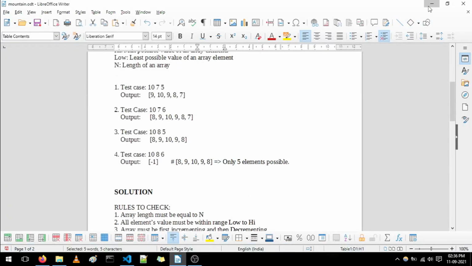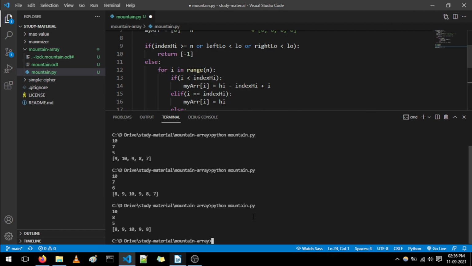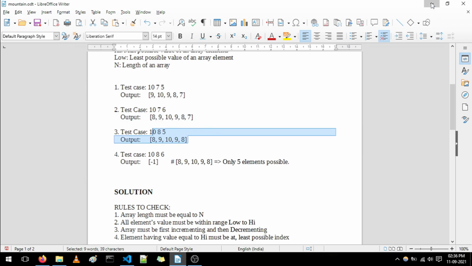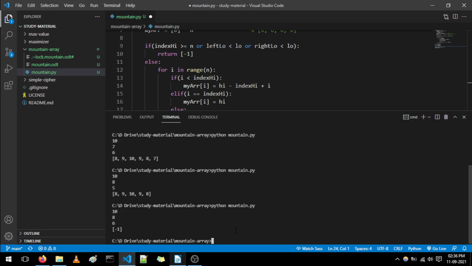Then 10, 8, 5, with output 8, 9, 10, 9, 8. Okay. So we are verifying the outputs. The second is also correct. The third is also correct. And 10, 8, 6 must be -1. So yes, it is -1.